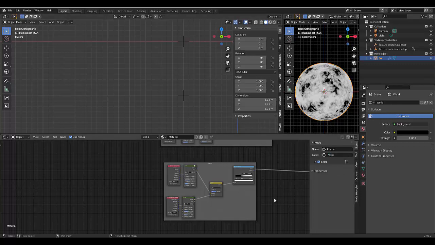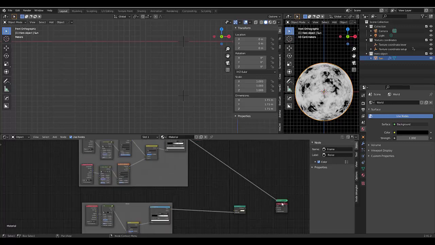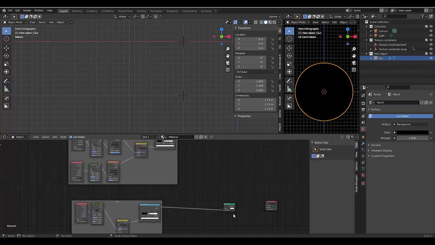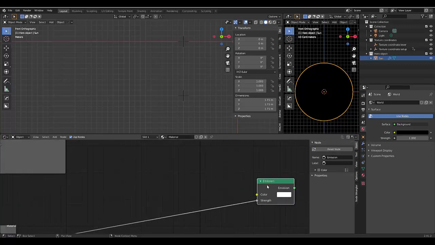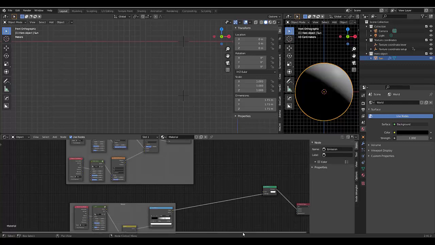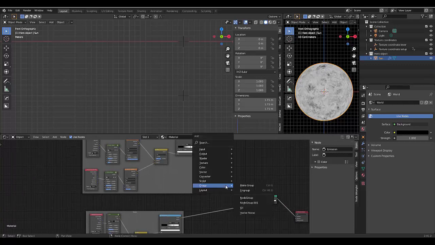Now that we've set up your low frequency noise and your high frequency noise, obviously one of the things we probably want to do is, X, delete that, is to connect them. And the way we connect them is to, let's connect the emission quickly, just so that that's connected to the surface. There we go. There we go. So now we can just add a Shift A,